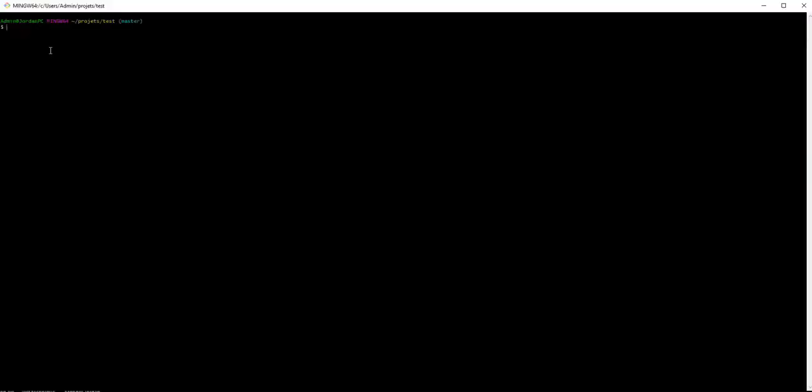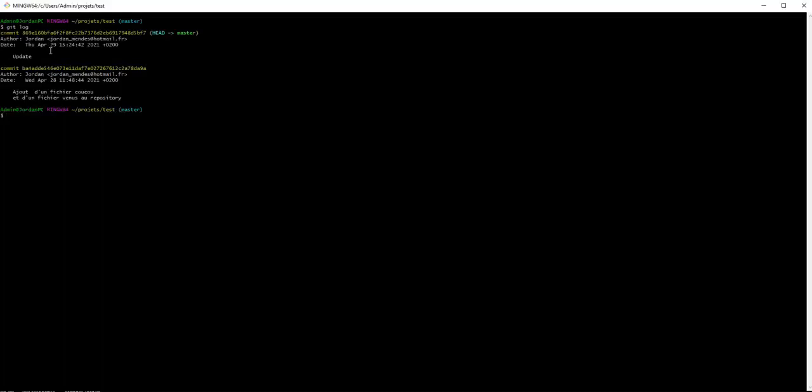We will manipulate a little bit more git log command and then set up a git alias to create a shortcut for a command. In my terminal, I'm currently in my test repository. I'm on the master branch with nothing to commit, as I have a clean working directory. If I type the standard command, git log,